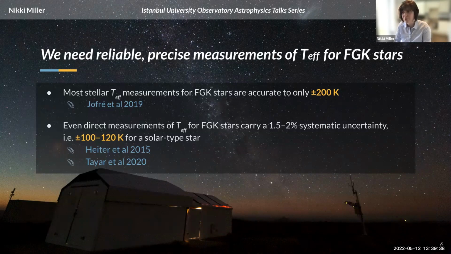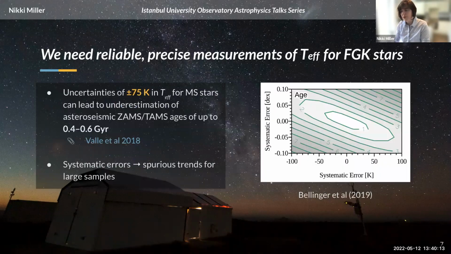Well, most stellar temperatures for FGK type stars are actually only accurate to about plus or minus 200 Kelvin, best of which being about 50 Kelvin. This is discussed in this review paper by Jofré et al. And even direct temperature measurements for these types of stars carry quite a large systematic uncertainty, which is up to 100 to 120 Kelvin for a solar type star. So this is an issue because